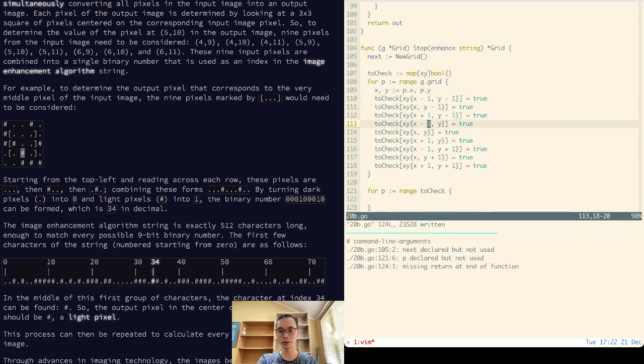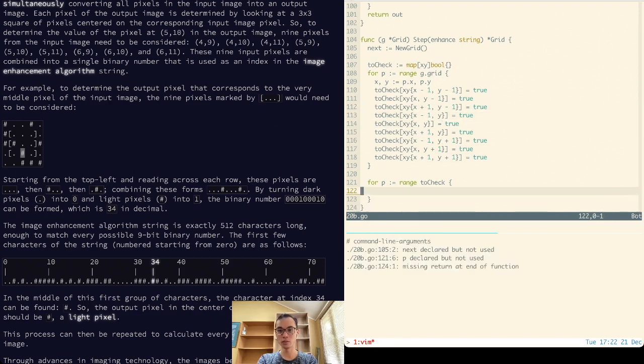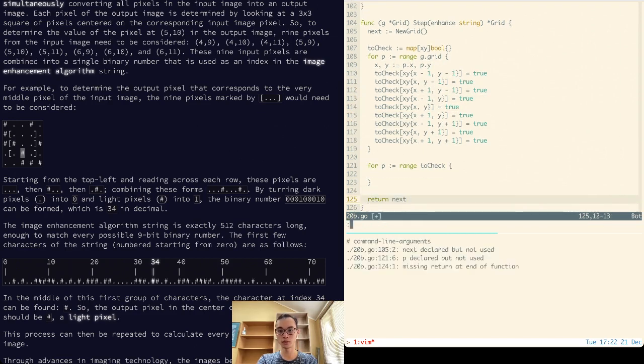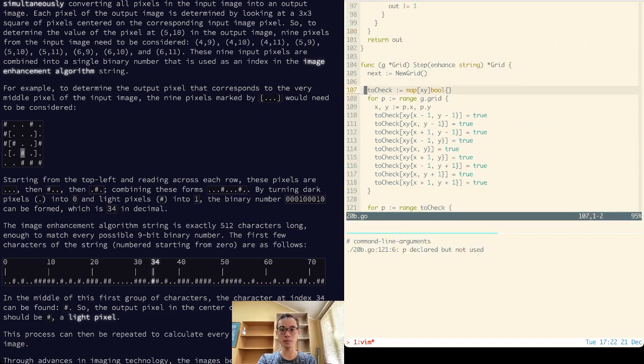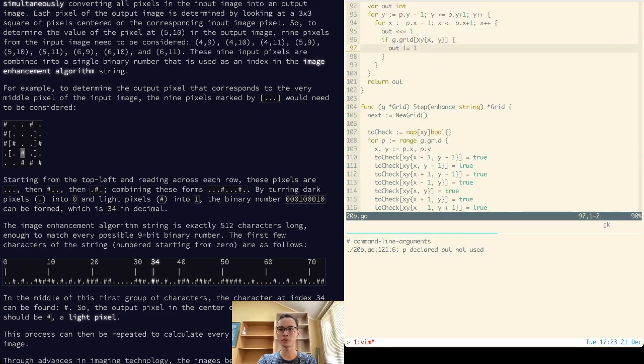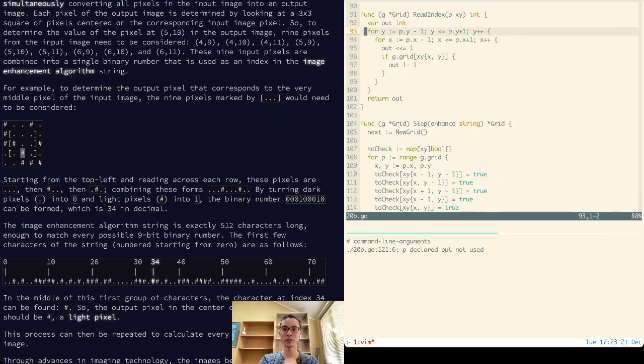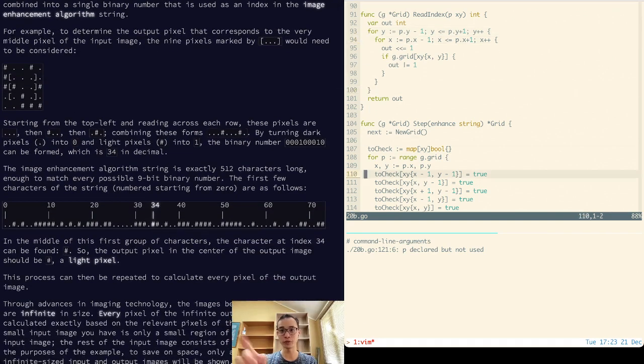Because it's easier for me to write like this. Missing a return here. P declared but not used. Great. So I think this is right. Hopefully that little algorithm makes sense. We're just building up the bit string the way that they describe here as we're reading those values out of